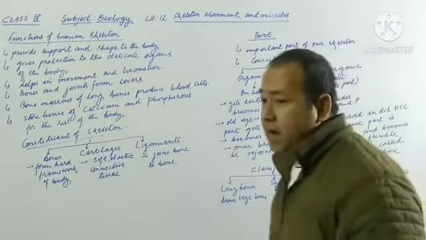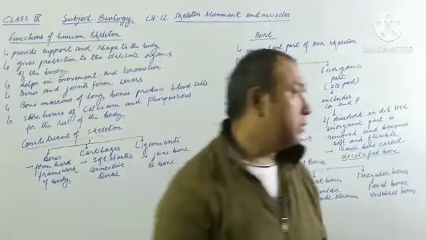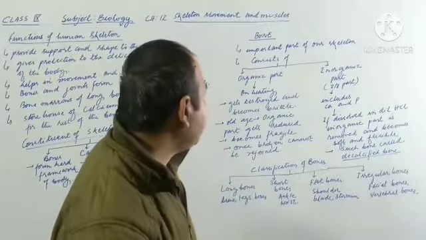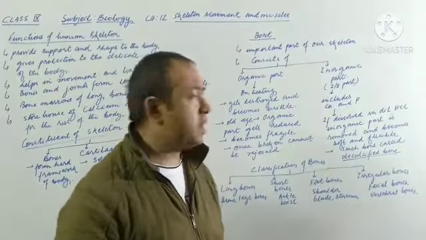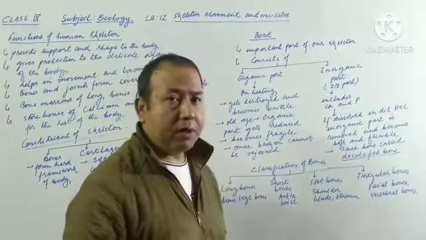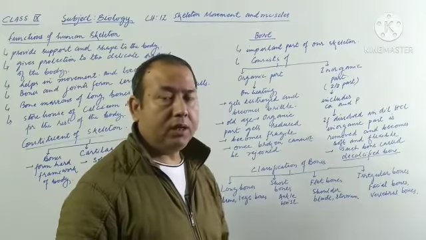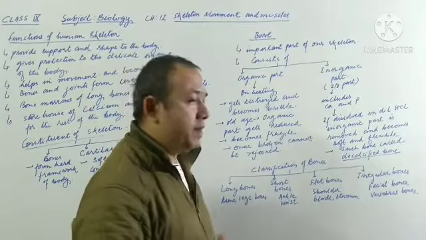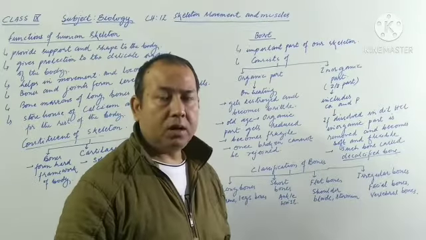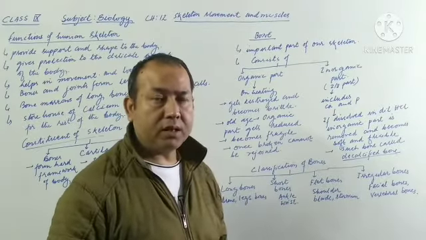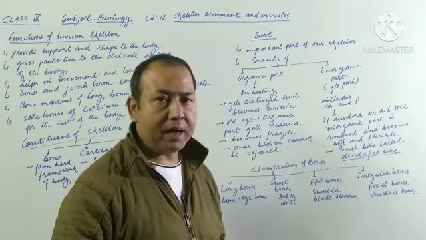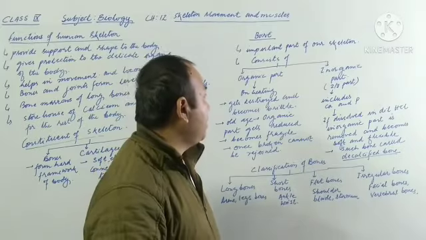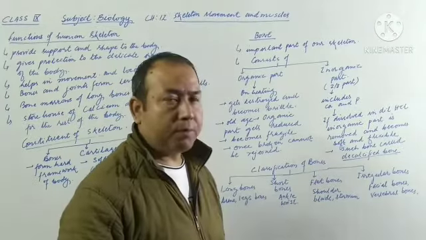Now we'll study about the bone to some extent in detail, looking at their composition. As I have already told you, bone is the important part of the skeleton system. This bone is chemically composed of two different things: organic material and inorganic material, which is about 2/3 part.